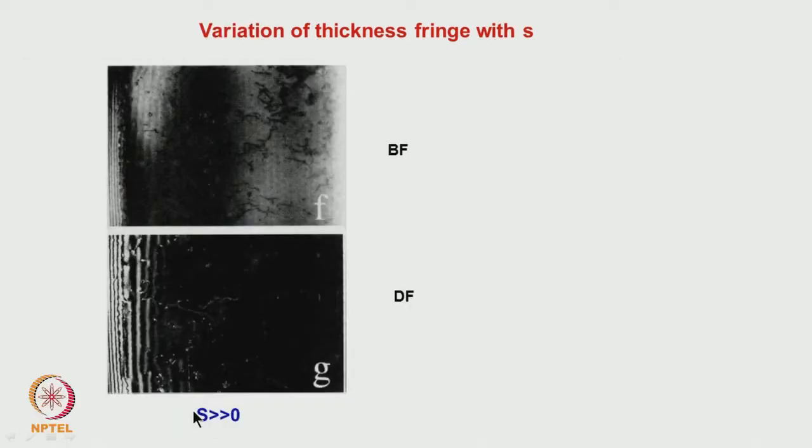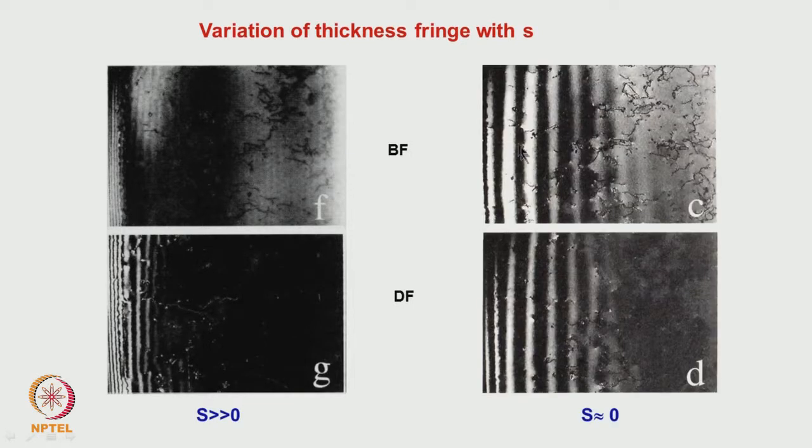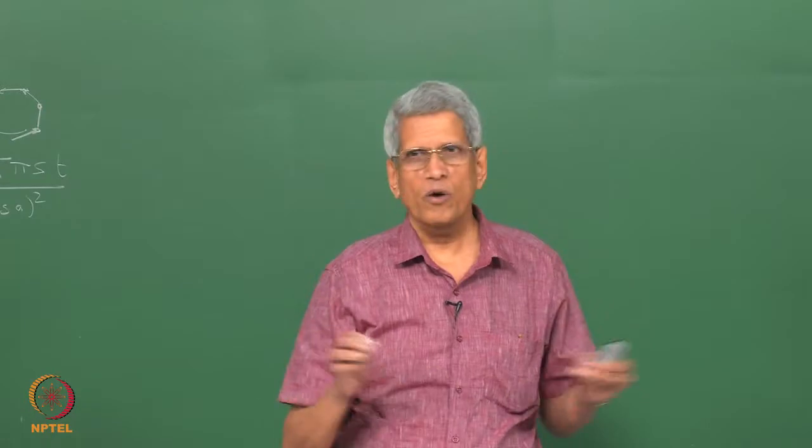Okay. Here, this is with a large s. When we see that it is a bright field micrograph, closer to the end of it you can see some fringes. And this is in the dark field, where complementary fringes could be seen, taken from the literature. The same sample, when taken to s equals 0, you see that the fringes are still seen with a large width, in bright field they have much better contrast. This is what the observation is.